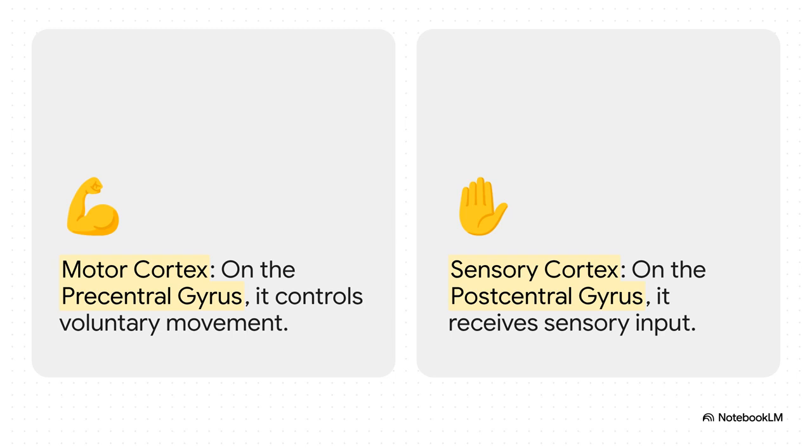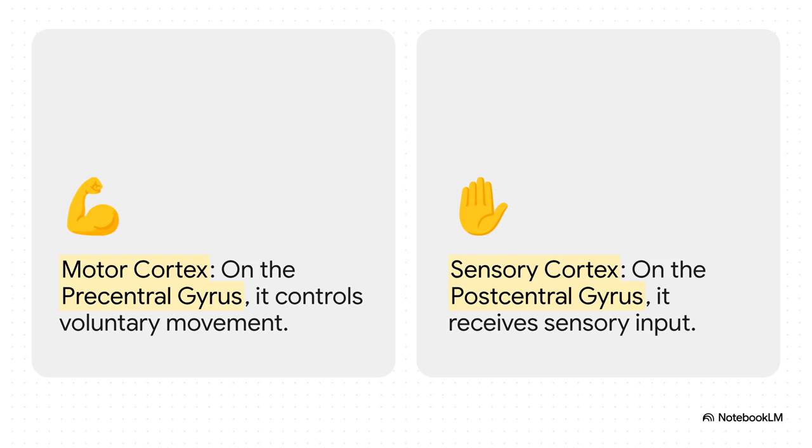The primary motor cortex is located on the precentral gyrus, which is in the frontal lobe. Its job is to control all your voluntary movements. Then, right behind it, just on the other side of that big central sulcus, you've got the primary somatosensory cortex, on the postcentral gyrus. Its job is to receive all the incoming sensory info from your body, things like touch,